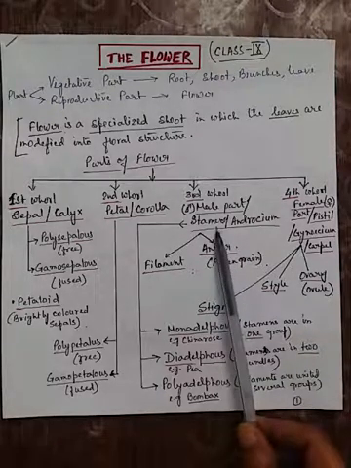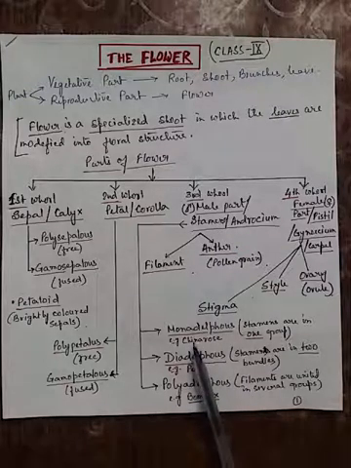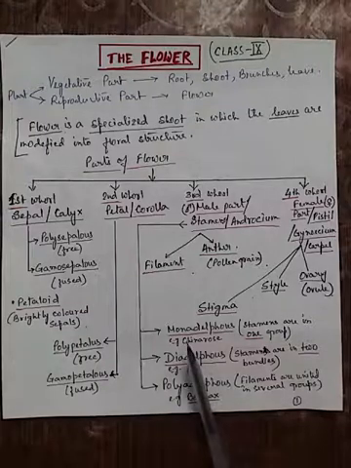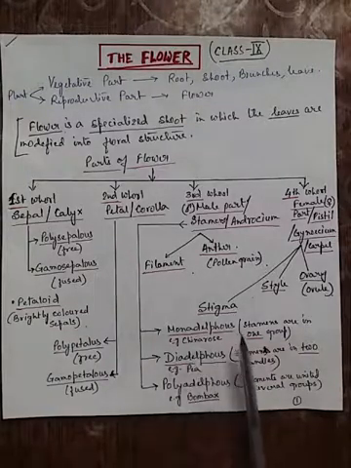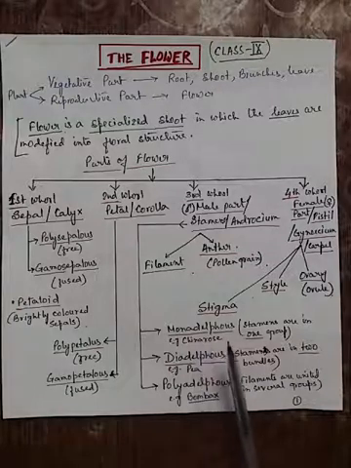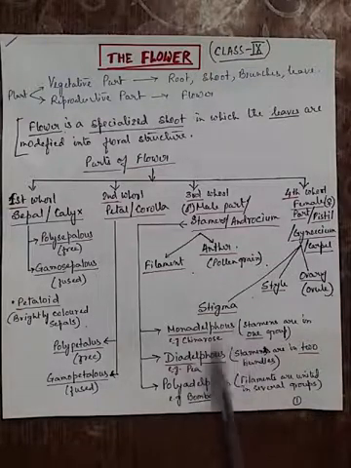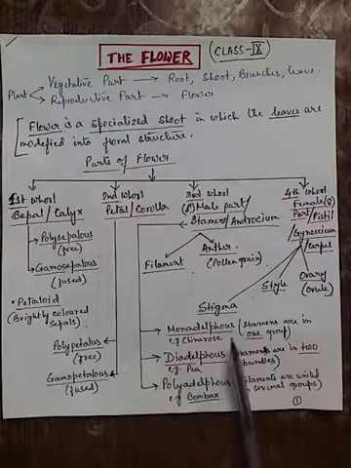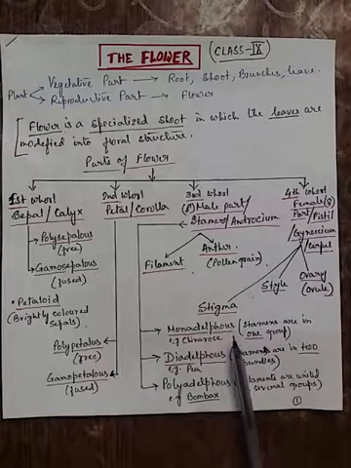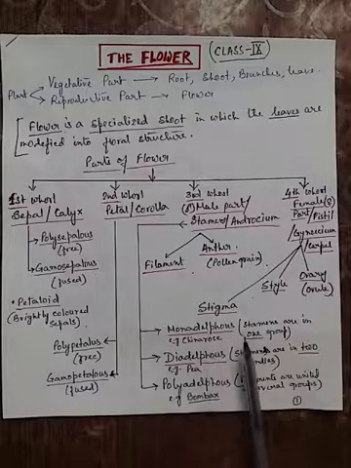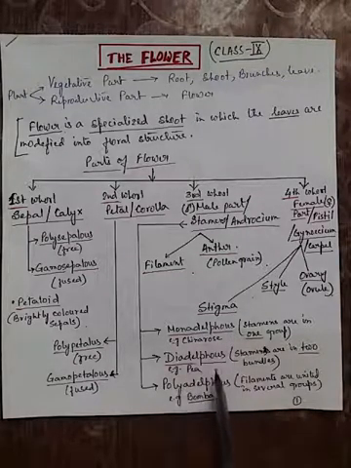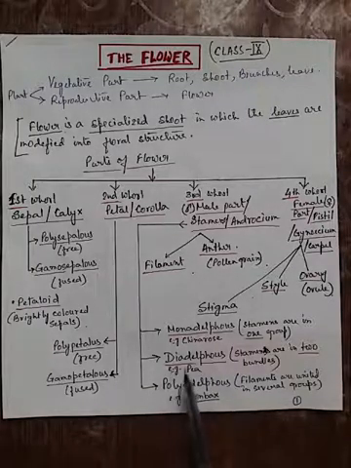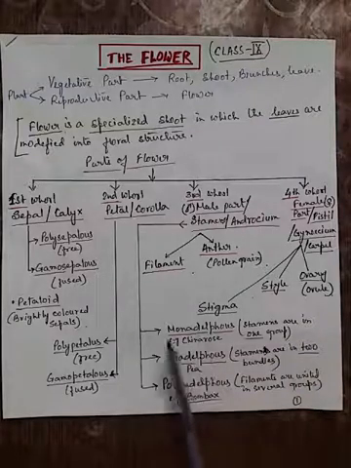Now, depending on the arrangement of the stamens also, we can divide the flowers into three separate categories. One is monodelphous, meaning the stamens are in a single bundle, as for example the China rose. When the stamens are arranged in two separate bundles or groups, as for example pea, it is called diadelphous. Di means two, mono means one.